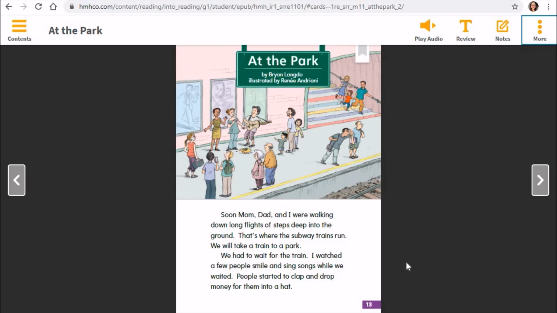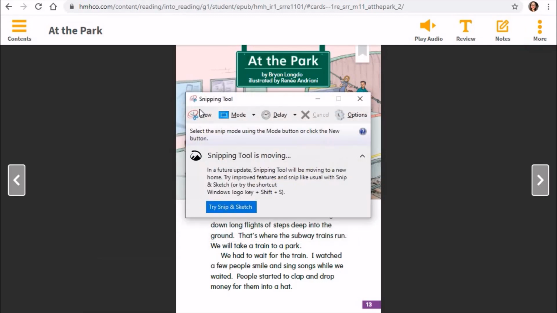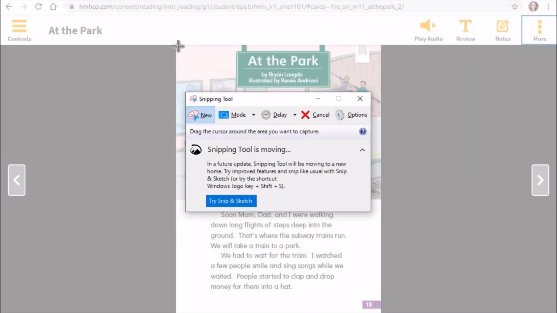The reason I'm including the illustration with the text is because students are supposed to use context clues to figure out if their words make sense. So part of the context is the illustration. This is especially helpful for students with disabilities who need the additional visual support to understand what is going on in the text. So now I'm going to take a screenshot of the page right here